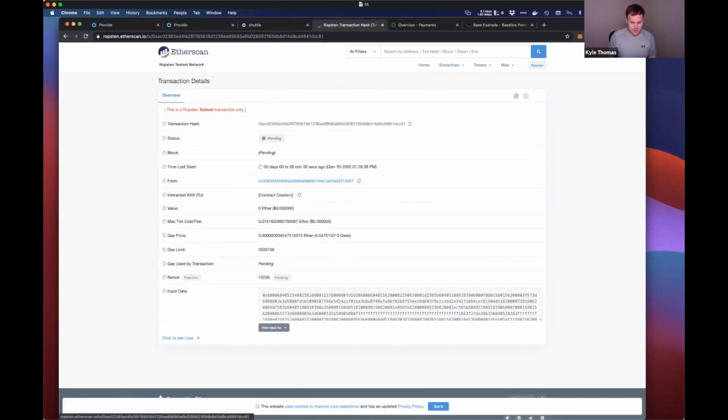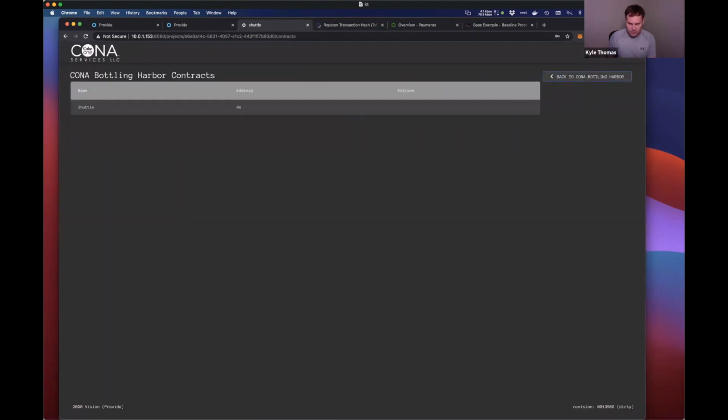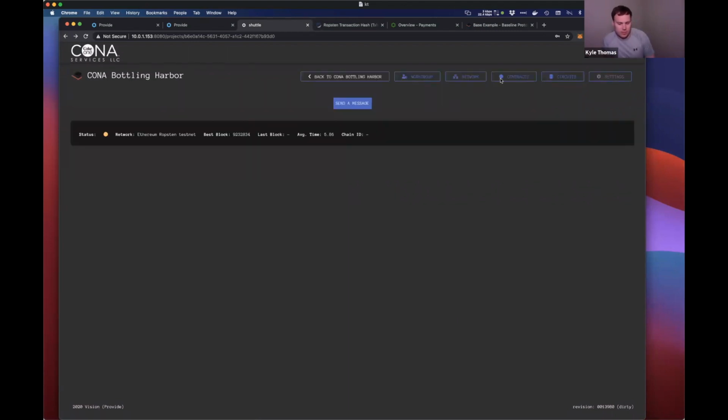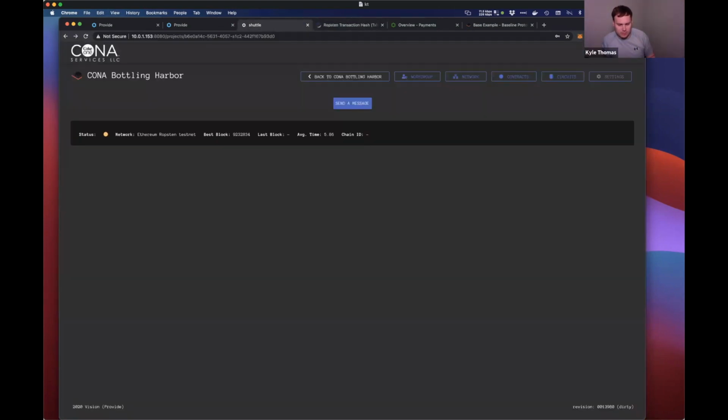So what we'll find is this contract creation transaction. This is the Shuttle contract that we just deployed as part of this new bottling harbor. And we will find that contract gets an address once the transaction's been mined and our service has been notified. In-chain, there's a stats daemon service that runs as part of in-chain in the core Provide stack,